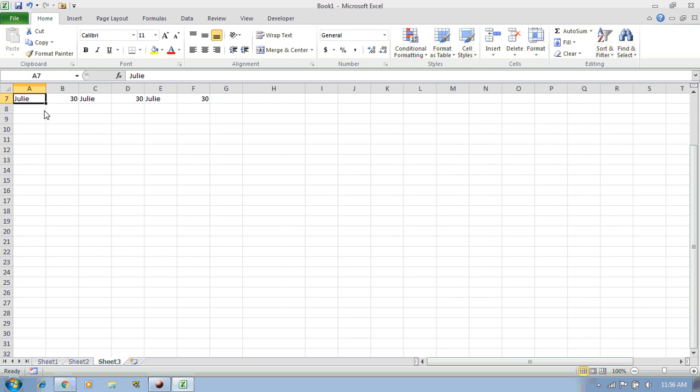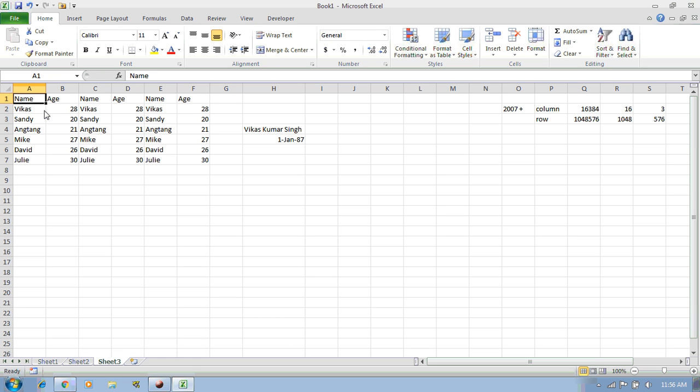By pressing this, first we will go to the last occupied row, which is the 7th row. Then we will have to press Control and up arrow once again, or I would say twice. You can see that now we are here at the first row, which is the name row here. The same thing applies to the column as well.